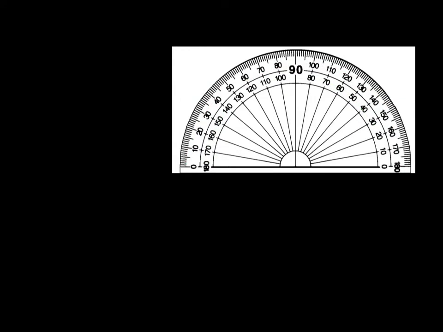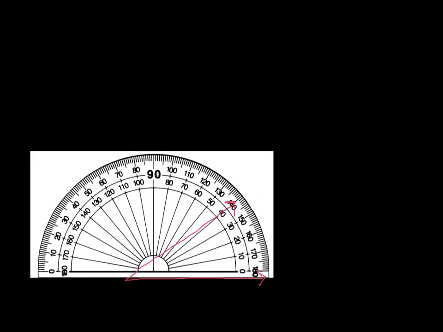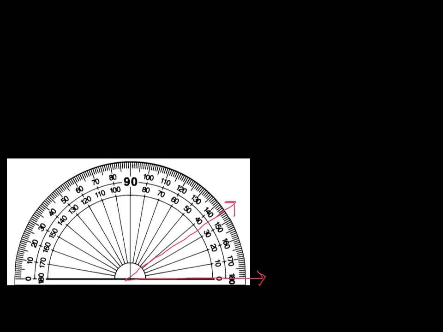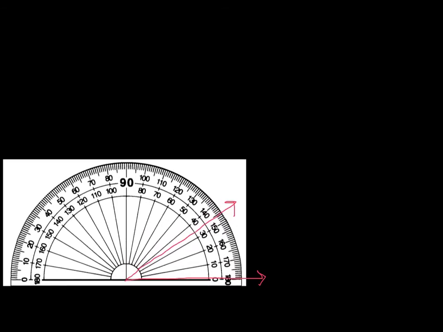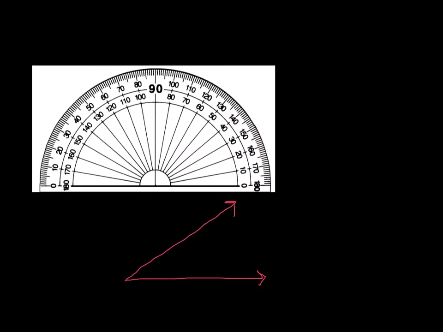All right, let's start with an angle. I'm going to just draw an angle. Let's make it look like this. And we want to find the measure of the angle. Well, I can take the protractor over here, and when I go to measure it, I make sure that, and let me point to it here,